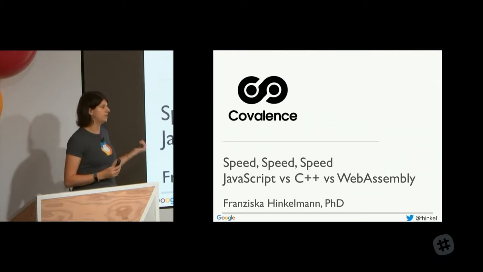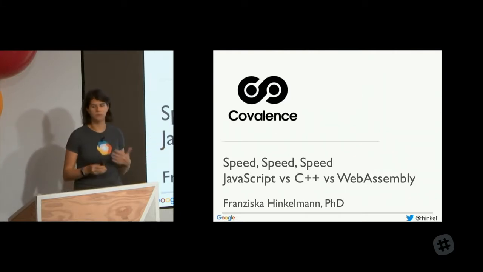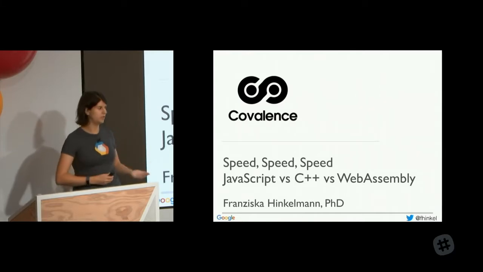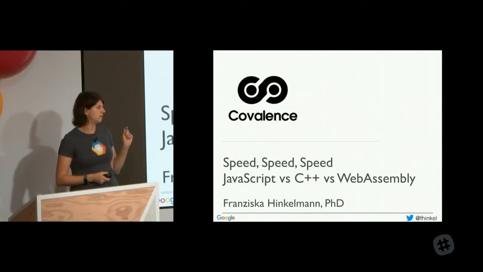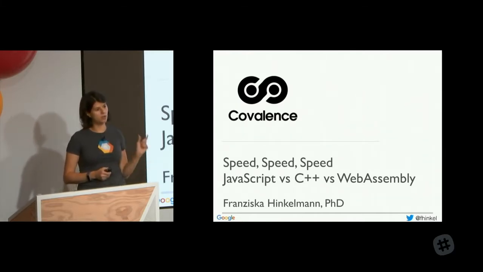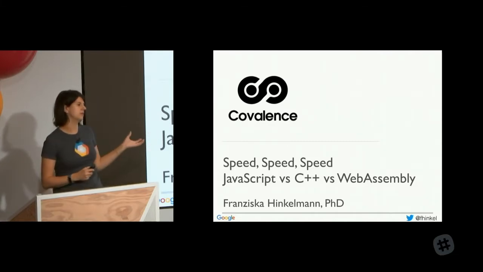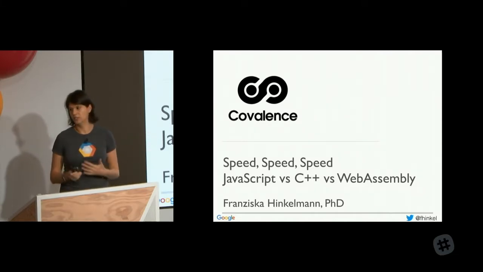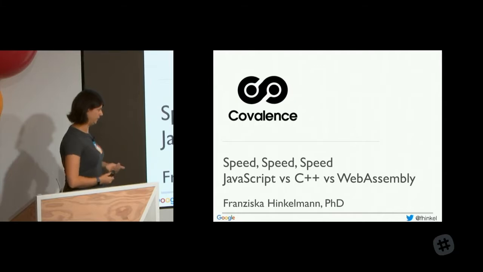I mean, V8 is updated every 6 weeks, and even between those 6 weeks, there are patches and fixes. So if you have anything that you wrote because you thought it's faster if you do it this way, it can change anytime, and it's just not what you should be doing.